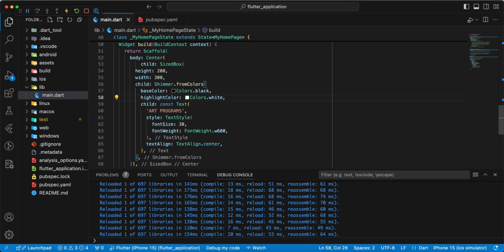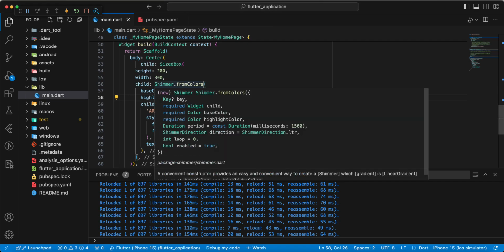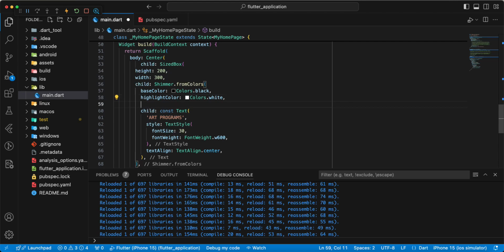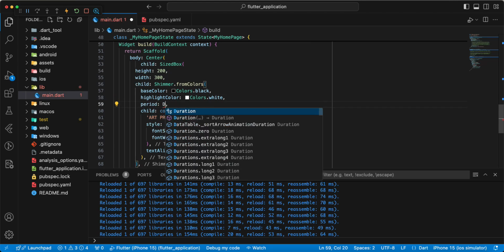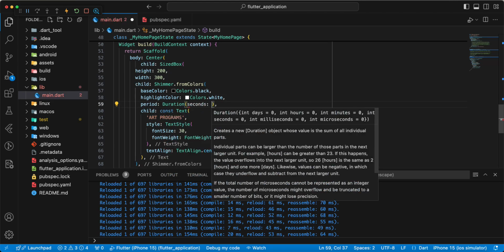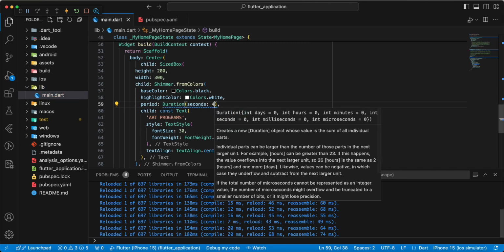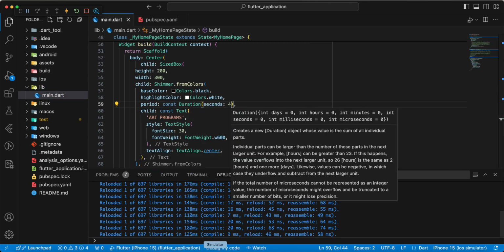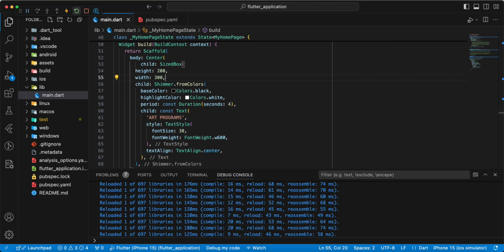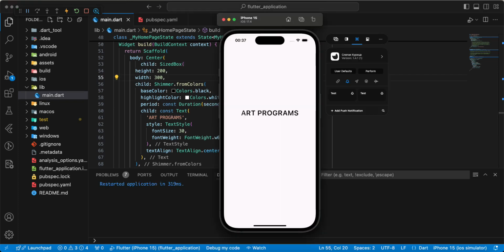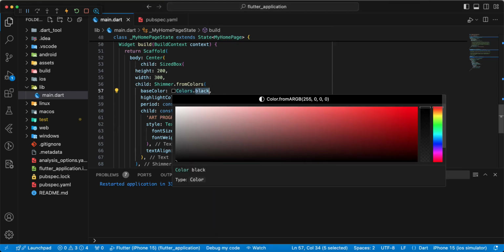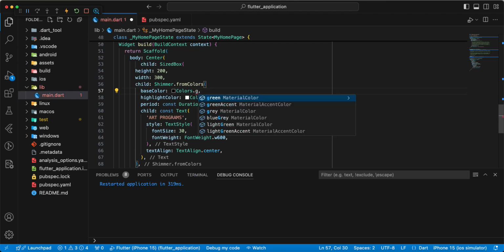and we can use parameter period, Duration seconds 4, add const, save, hot restart, base color we write green,